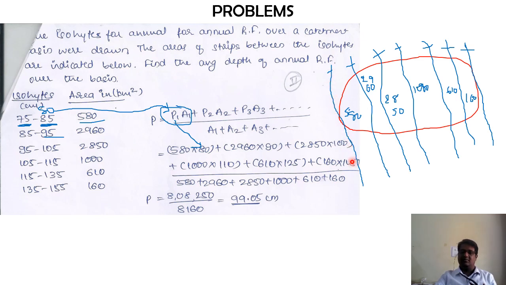Again, I'll repeat: we have the same basic principle for solving this isohyetal method. There was a bit of a difference between the first and the third one that I just represented, but ultimately your concept is that you multiply the effective area between the isohyets by the average precipitation occurring in this area. You add it with the next effective area and the rainfall occurring in that section. Similarly, when you add up all the sections and divide by the whole area, you get the mean precipitation over the entire catchment area. This is how you can solve this problem.